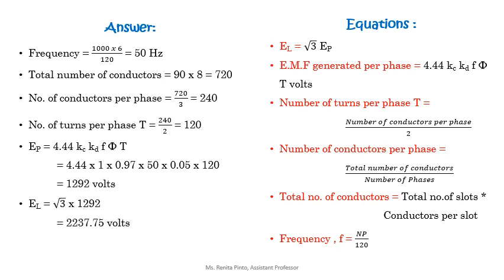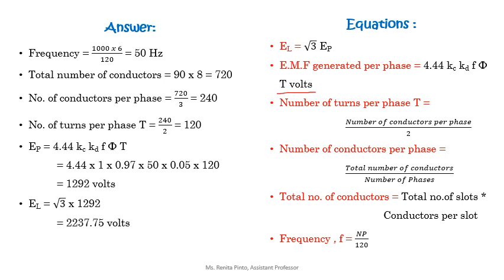Now if you go back to the question and see, they have given you the pitch factor, they have given the winding factor, but frequency is not given, turns is not given, phi is given. That means here your task is to find out the frequency, your task is to find out the turns. So first what we'll do is find out the number of turns. Then we can go to find out the frequency. Only then you can substitute in the EMF generated per phase and then you can find out the final answer.